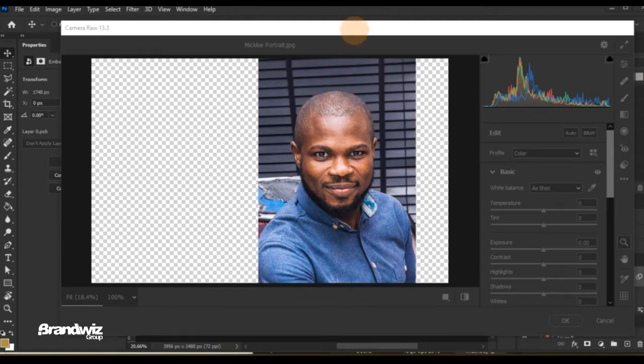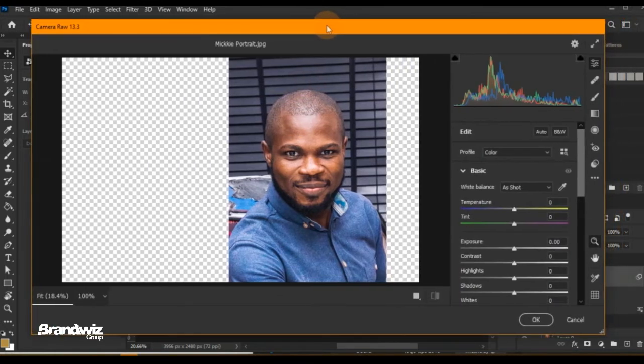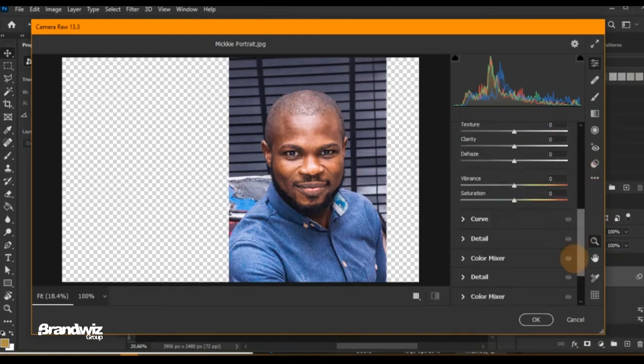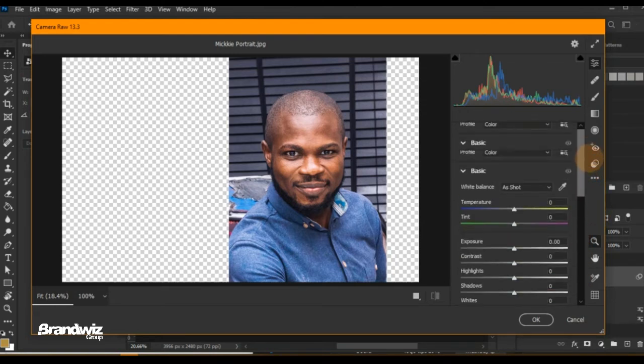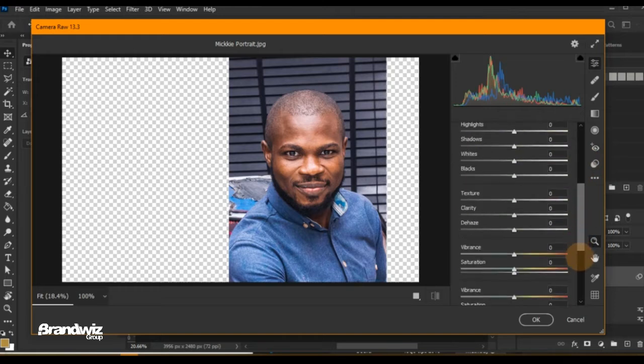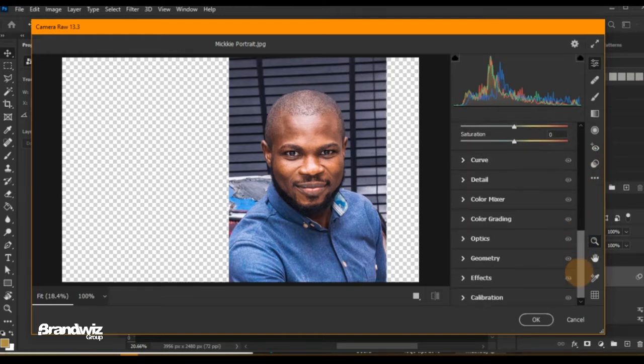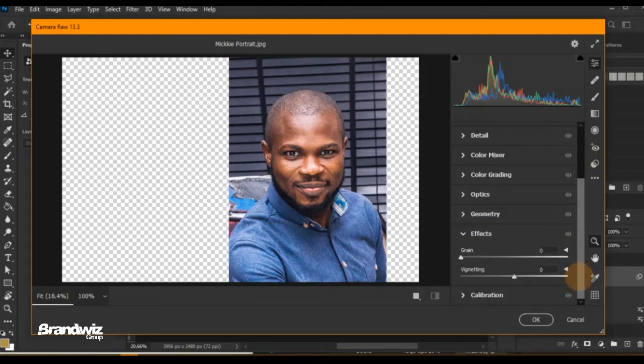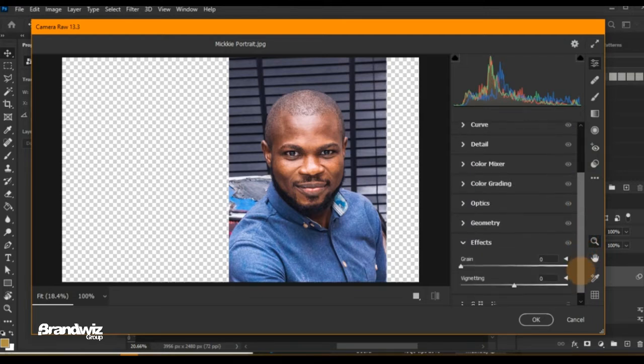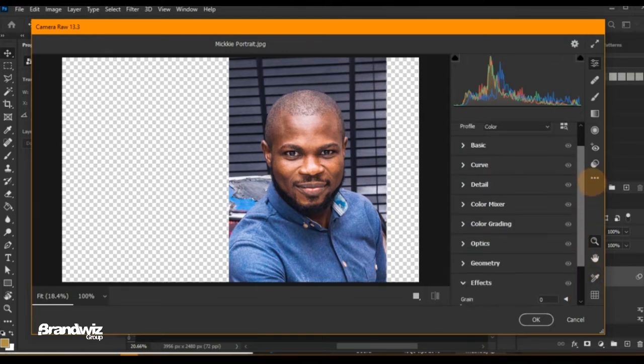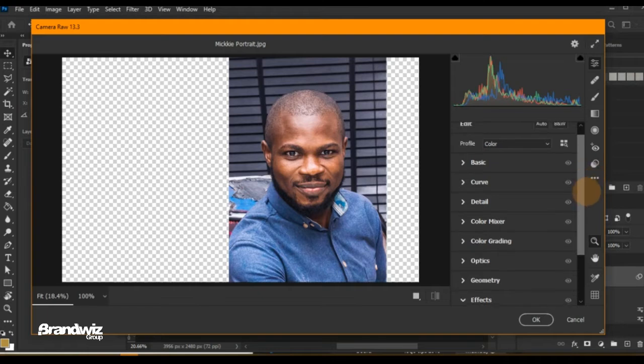So here is my filter dialog box. This is where the tools are. If you're using an old version of Photoshop, you might not have it like this. You might not even have it in some other old versions. If you're using the advanced, latest version, you see it here. So the first thing I want to do is work on the settings, everything will be at 0. So I start my editing from